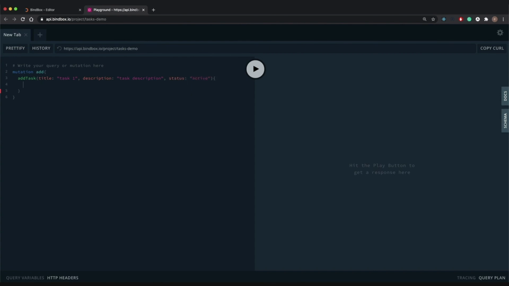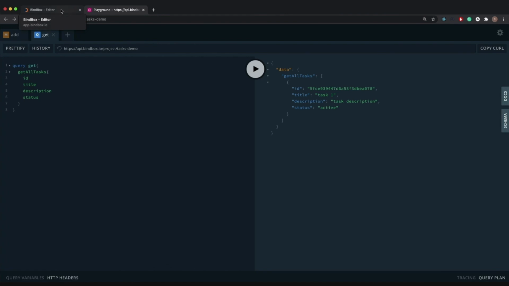For this, we'll use the workflow Add Task to create a task. On the left side, we can write the operation. To execute the operation, we press the Center button and receive the result on the right side. Then, to verify that the information is indeed stored, we execute the workflow Get All Tasks. By executing this workflow, the entered tasks are obtained, in this case only one, the one we've just inserted.